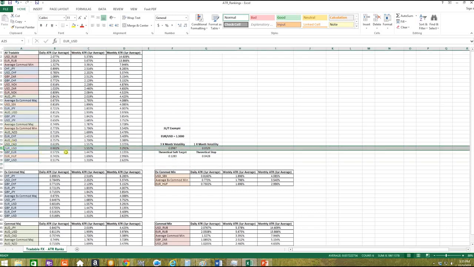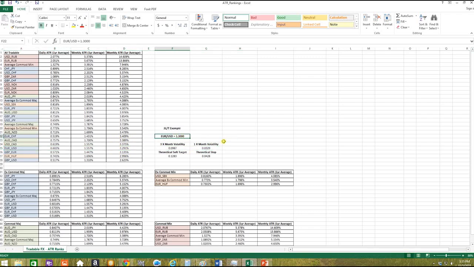And you can see here that our monthly ATR on a 1 year rolling average for euro dollar is just under 3.3%. So if we use the example that we were using earlier, where euro dollar is at 130, and we're not applying a points system, we're applying a percentage system,